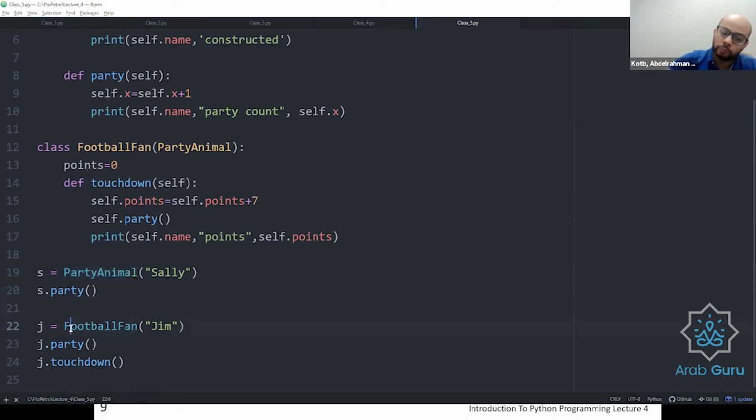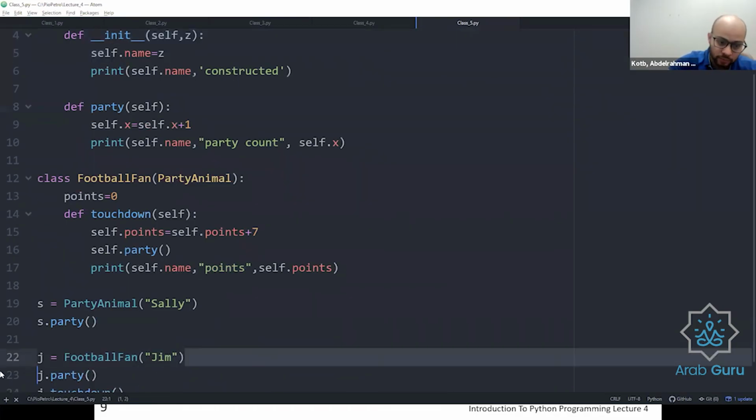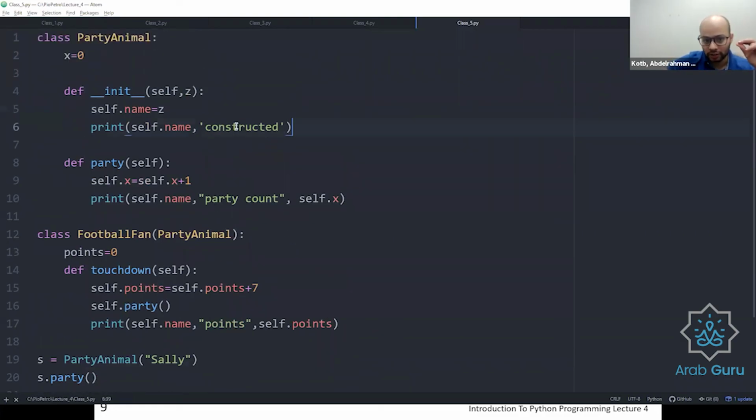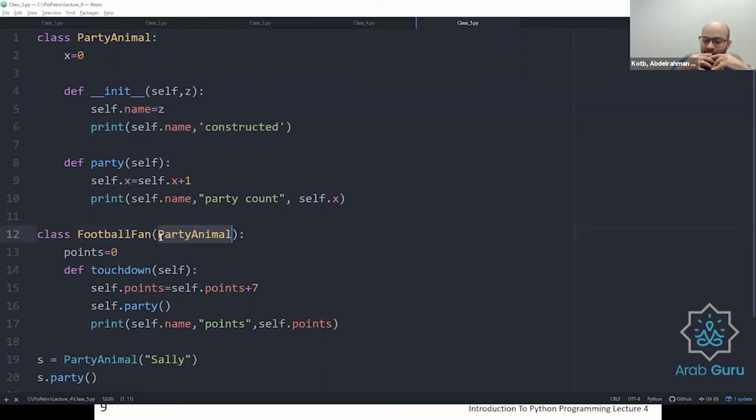However, when I do football fan Jim, it's going to come here and then it's going to say, okay, it wants me to go through party animal. It's going to say, oh, party animal has initiation, which tells me to do Jim construct. So whenever I create this, I'm supposed to get Jim construct, even though the initiation is not under football fan. Party animal becomes part of football fan and it is integrated.